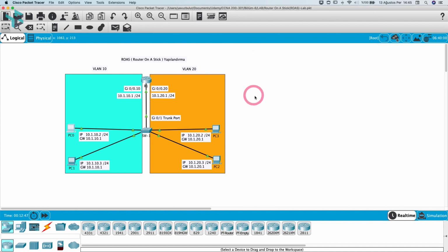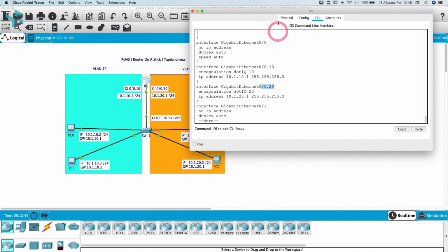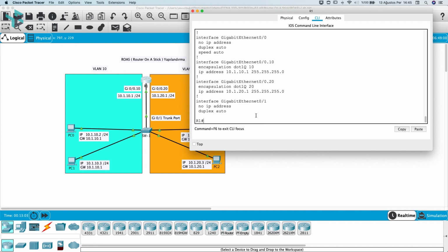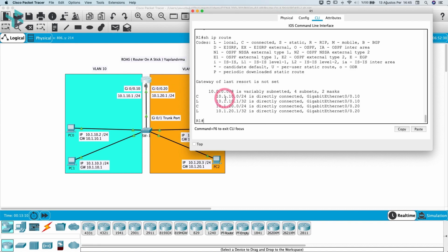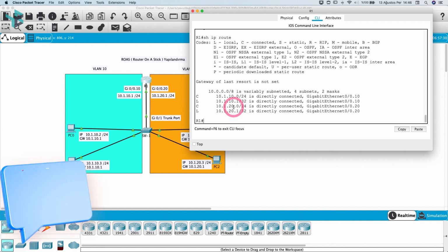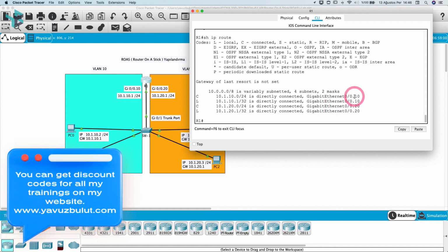At the moment we have not written any route, because here in the route table, the users in the 10.1.10.0 subnet go to router 1 when they go to the users in the 10.1.20.0 subnet. When router 1 checks the routing table, it sees that this subnet is connected directly on it and sends the packets from the relevant interface. By configuring router on a stick, we have ensured that the data forwarding process between VLANs takes place.